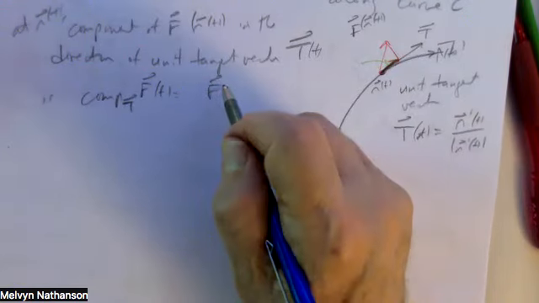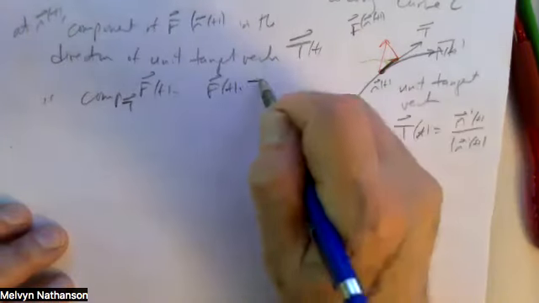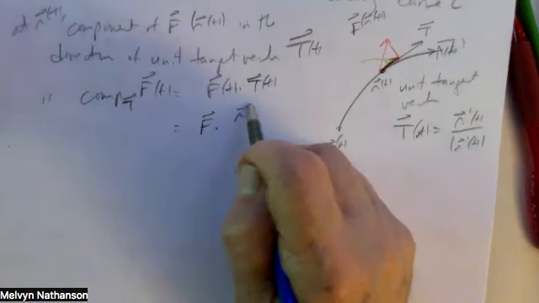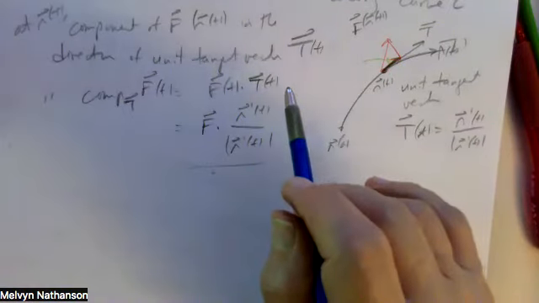It's the dot product of F of t with the unit tangent vector, which is F dot r prime of t over the length of r prime of t. And the line integral, the shorthand, this is F dot T. So the line integral of the vector field F along the curve C is defined to be